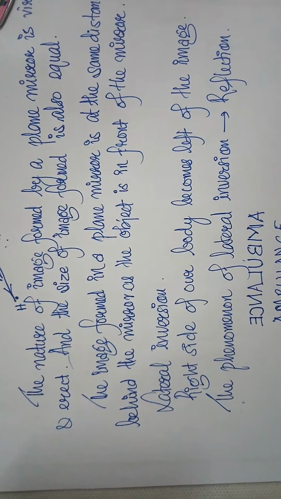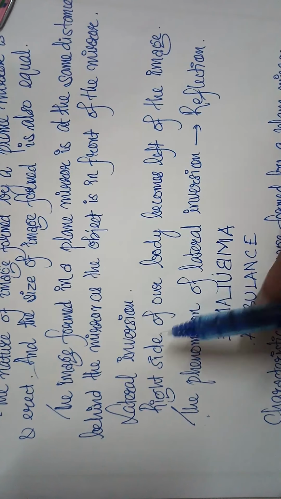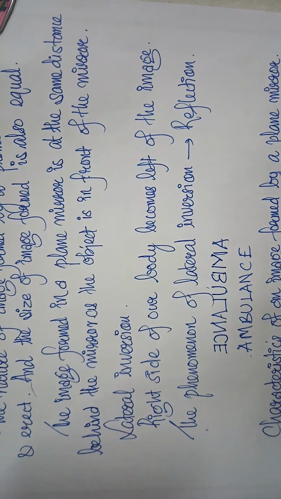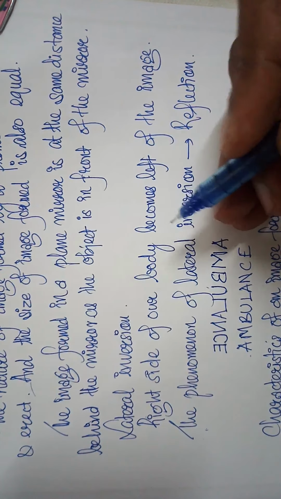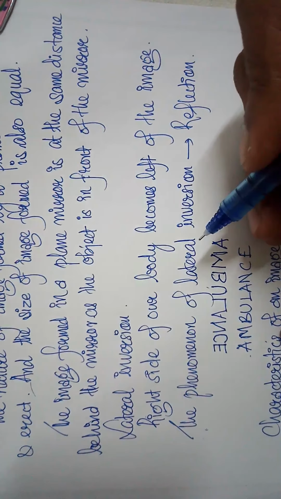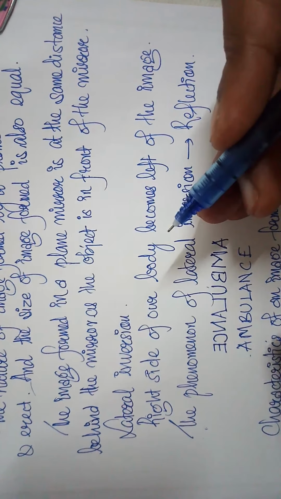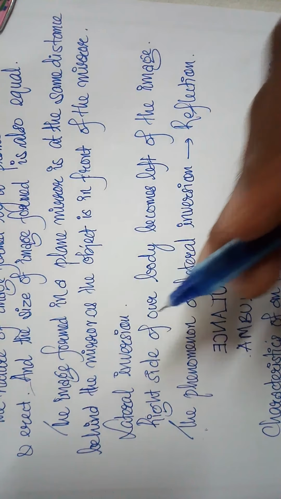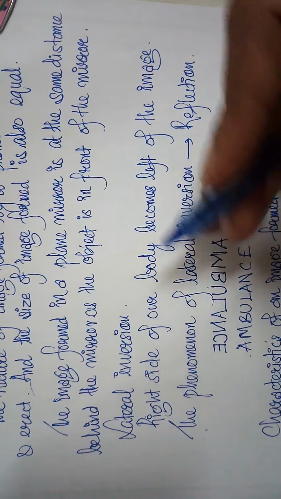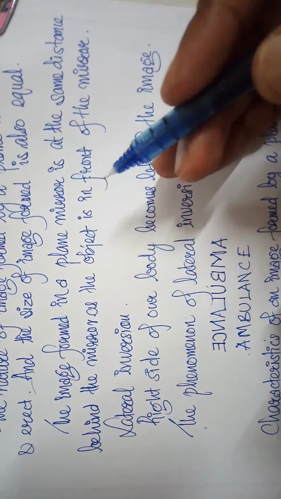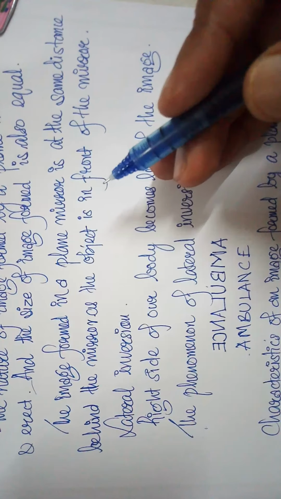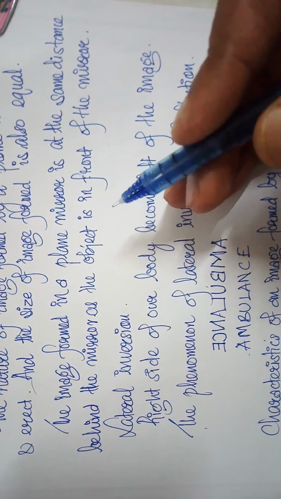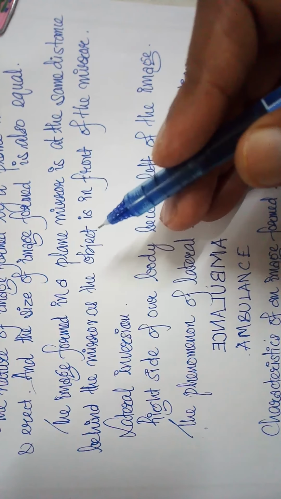Now we have to refer to one more thing, that is lateral inversion. If we stand in front of a big plane mirror, we see the image of our body in it. Though our body appears to be just as we are, there is a difference. This is because if we lift our right hand, the image lifts its left hand. And if we lift our left hand, then the image appears to lift its right hand.